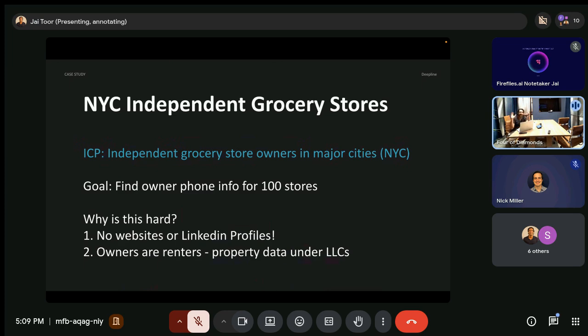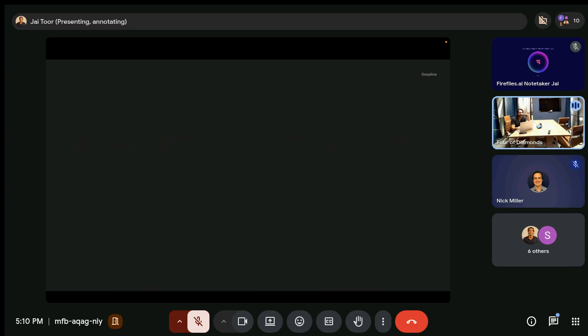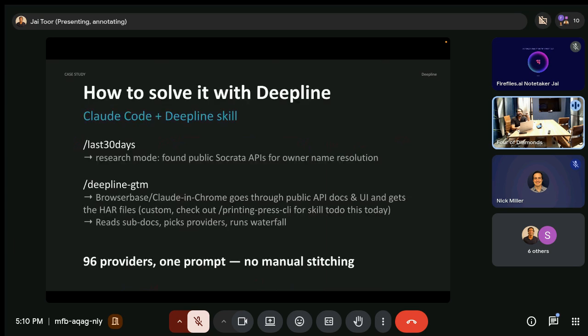So this is a pretty standard small business use case in the US. So we'll walk through how we solved it. And this is the approach I use for pretty much every use case that I come up against, and almost always we're able to get to a good outcome. So the process that I break it down into is essentially research: go find all the information that we don't know and where we can find the information that we need to solve this problem.